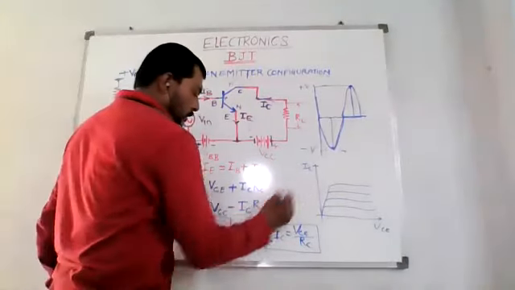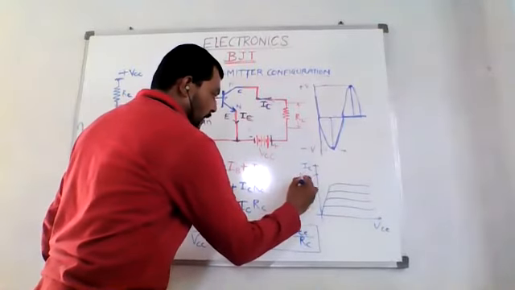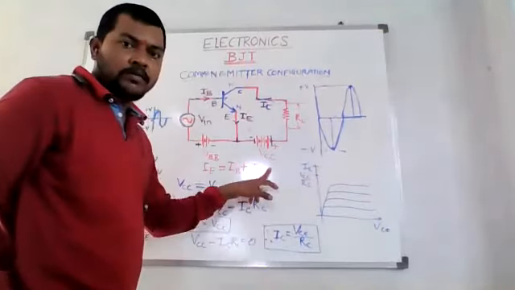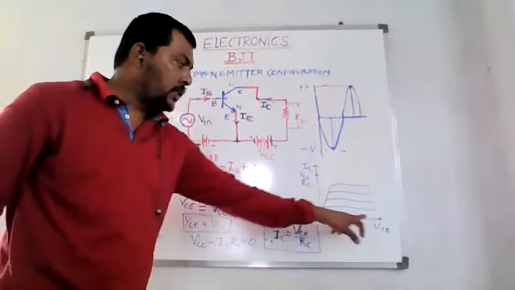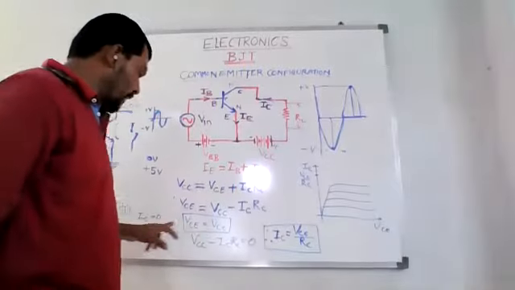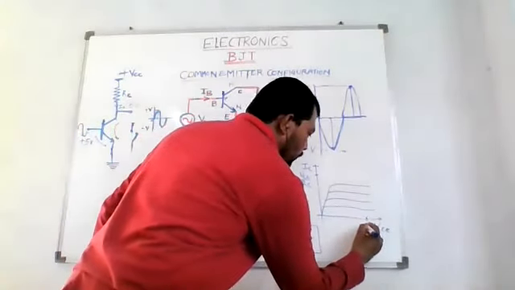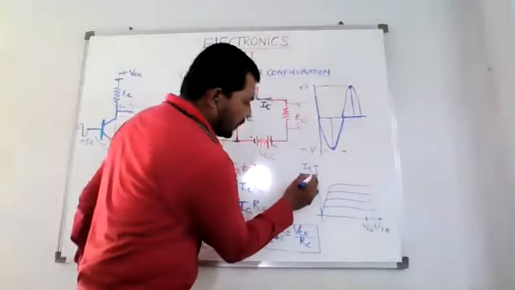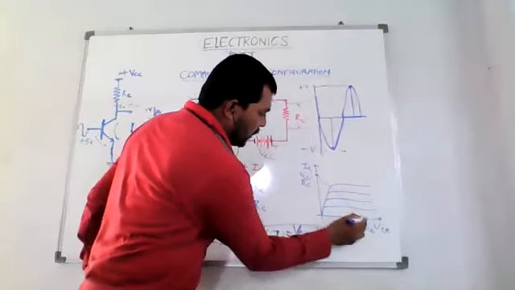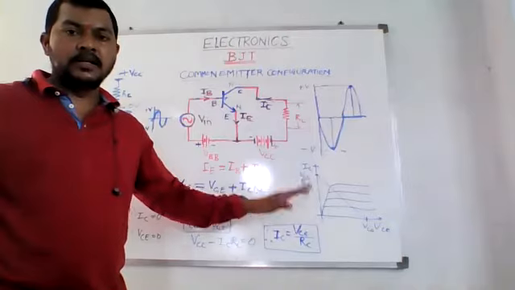And I put here where IC equal to this point is VCC by RC. So I have got when VCE equal to 0. So this will come on this axis. When I put IC equal to 0, VCE must be equal to VCC. So I will put here VCC, right? And when I join these 2 points on the same graph, I get DC load line. We call this a DC load line.